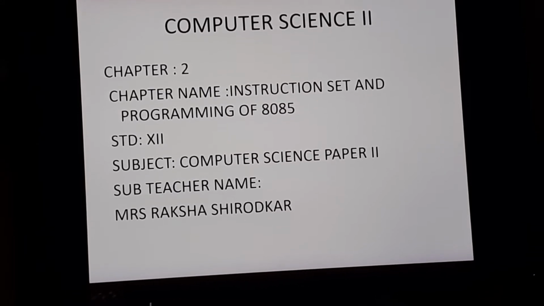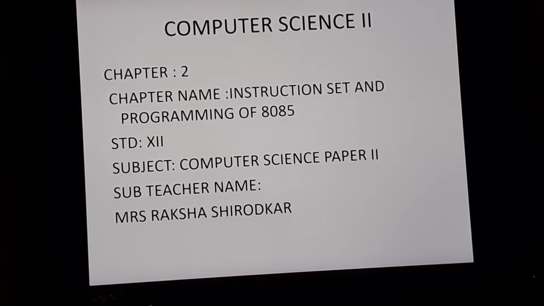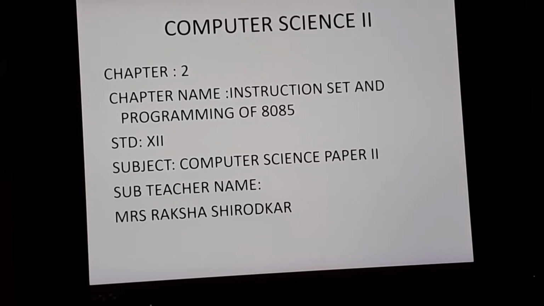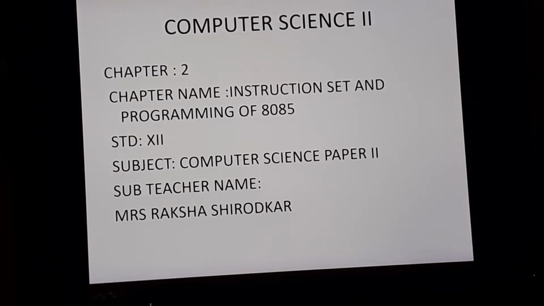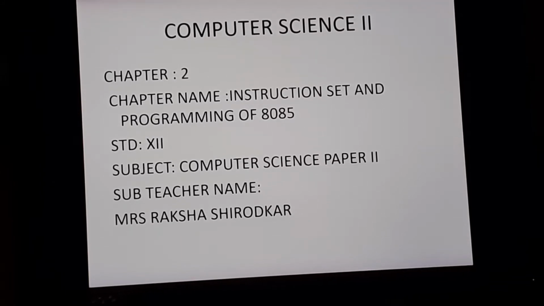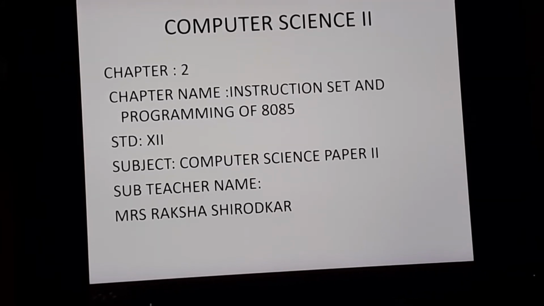Before starting with this chapter, you need to study the theory part of chapter number 1 also. You need to know the number of registers, register pairs, and what we mean by the 8085 microprocessor, correct? So we'll revise a little bit. From the first chapter, what do you mean by a register? We have registers A, B, C, D, E, H, L, correct? All of these registers can store how many bits of data? We can store 8-bit data in these registers, and that data is nothing but which data?